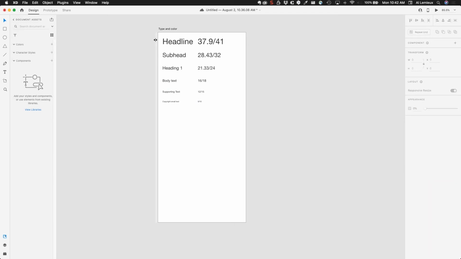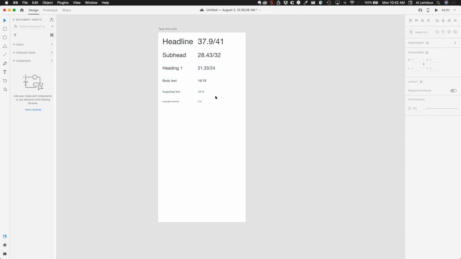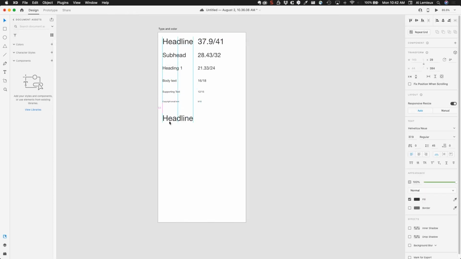If we want to align all these things, we can align them. I can just select them all. And there's some align options here. I'm not going to do that right now. Don't need to do that. Next thing that I'm interested in is the text color. So I'm going to Option click and drag. And I just want to put in